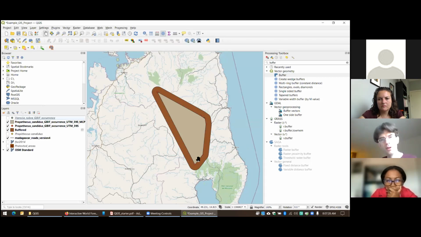layer down. So now you can see basically what we created is here's the original minimum convex polygon in gray. And this is the minimum convex polygon that I have now buffered by 10 kilometers. So you can see that's something you might want to consider doing because you may not want the very edge of your polygon to occur where the points are. You may want to buffer it by a little bit. All right, so Heno?